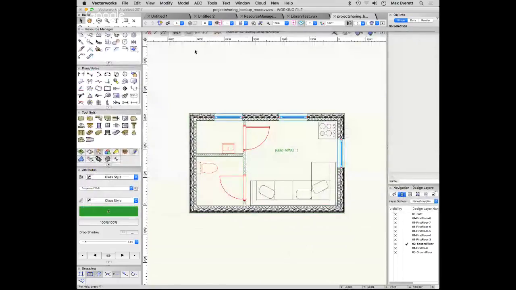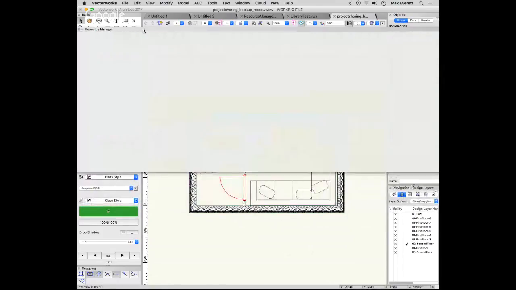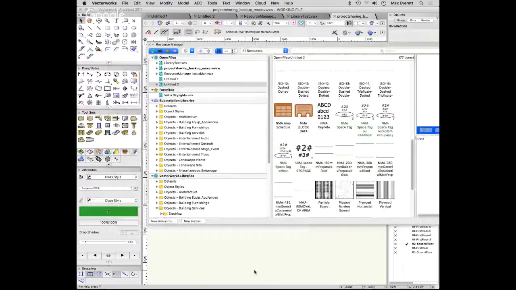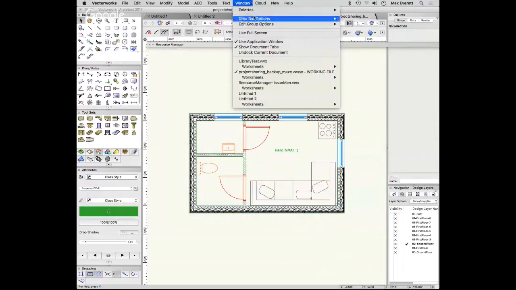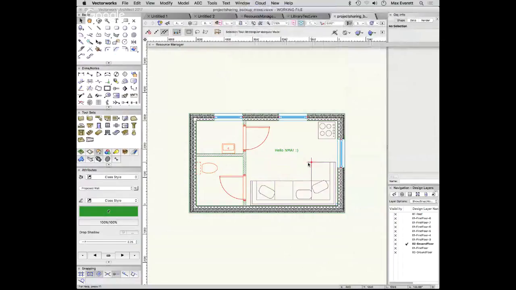So I have mine sort of floating, I suppose, and I pop it, and it has an automatic minimize and maximize functionality. There is a shortcut to bring it up, which is Control R. Mine doesn't work, so I've got that set for something else. But if you do lose your resource manager, you can use Command R, or you can go to Window Palettes and take it back on. So if we open up the file